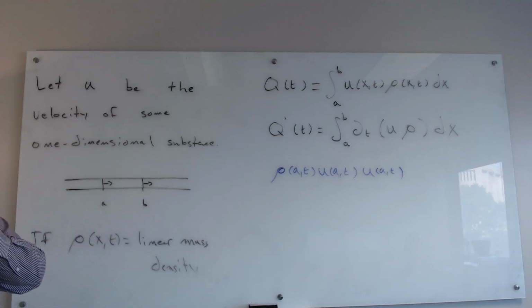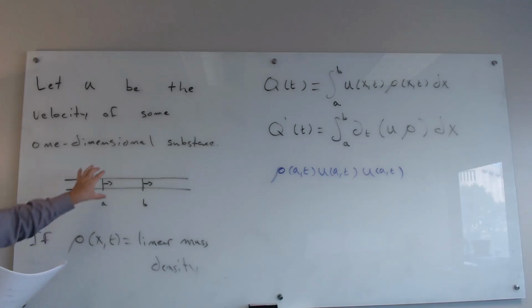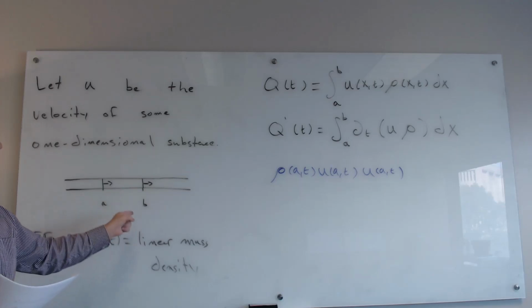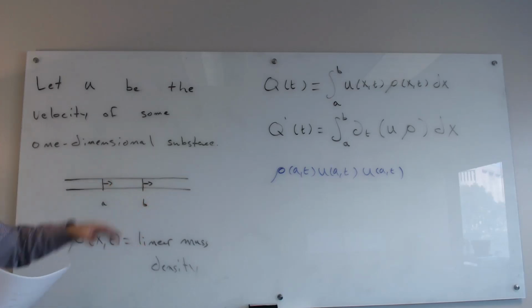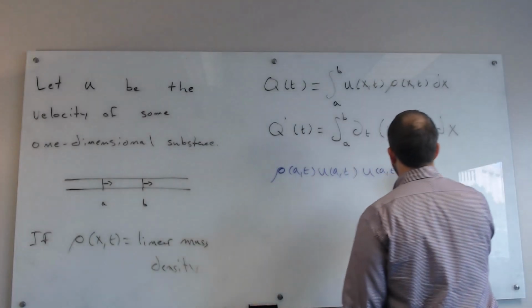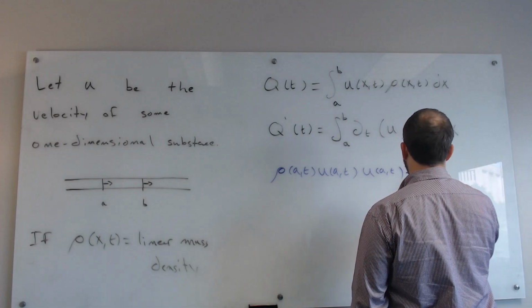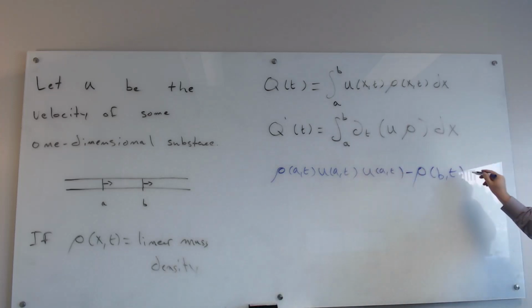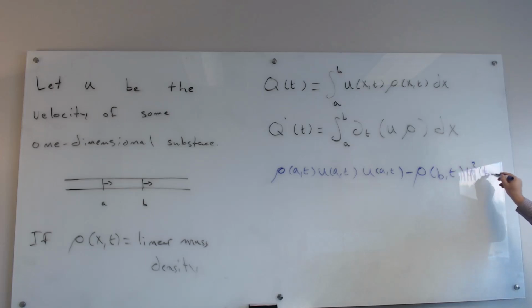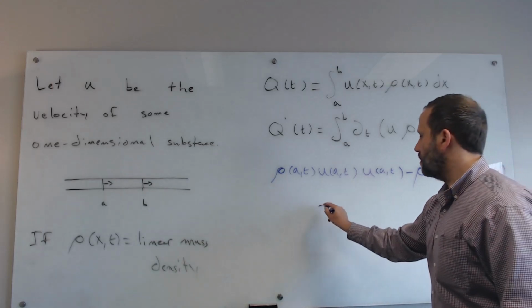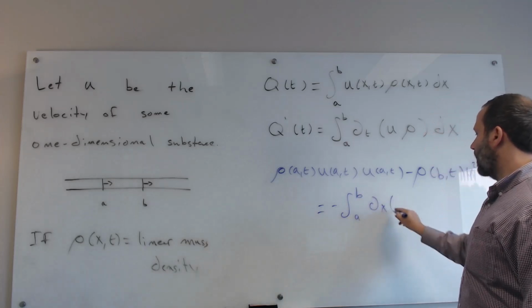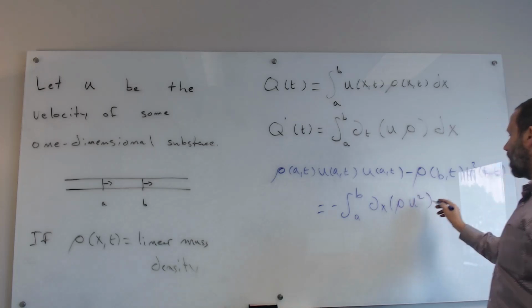If we only, and this is a big if, only consider that the increase of momentum in this interval right here is due to new particles coming in or current particles leaving, then the difference in momentum is going to be equal to this minus the thing at B. So minus rho of B,t, and I'm running out of room. Notice this is just u of A,t squared, so it's going to be u squared of B,t as well. Well, we can write this as minus the integral from A to B of the x derivative of rho times u squared